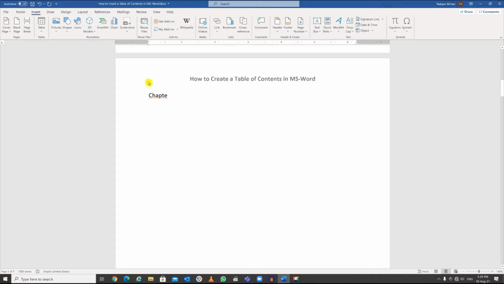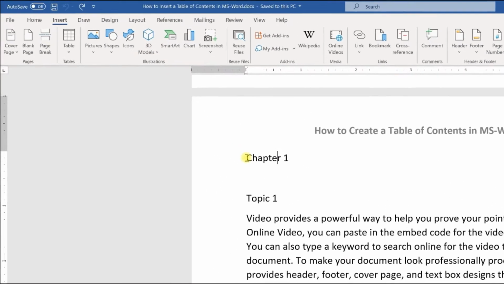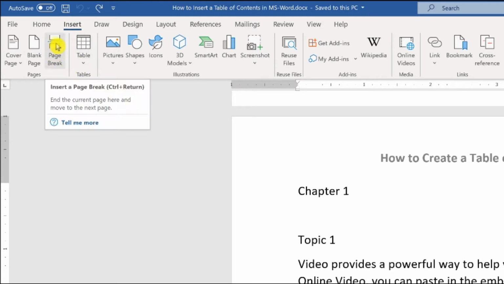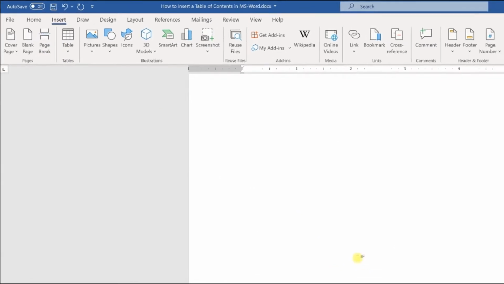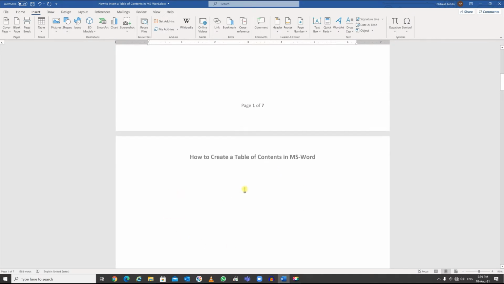Okay, this is not what I intended to have, so I'm going to do an undo. And then I need to click right before where it says chapter 1. Now since I have my mouse over here, I'm going to say insert, and within insert I'm going to say page break. Now once you do a page break, you have a new page, an empty page